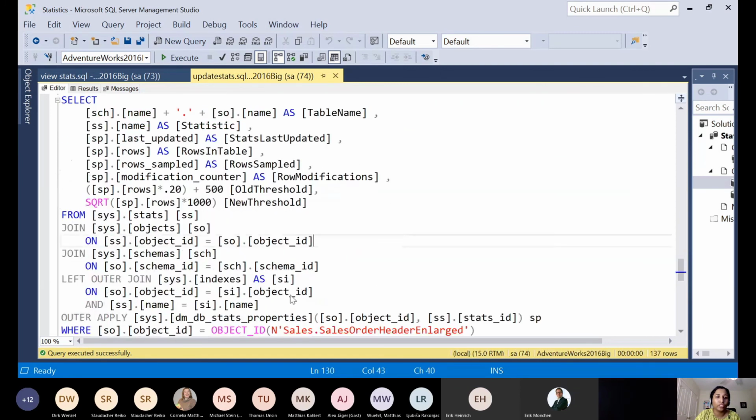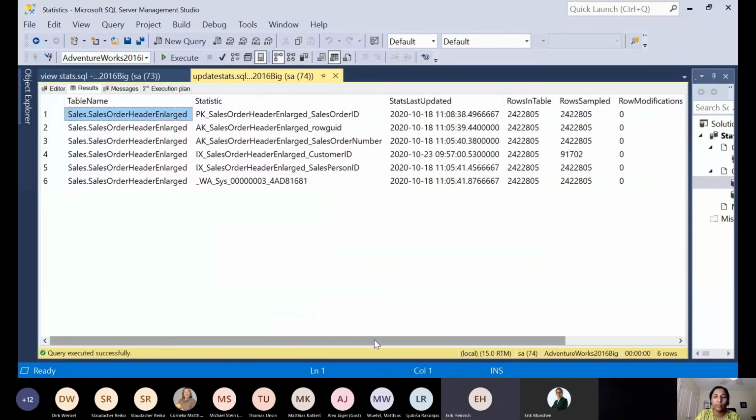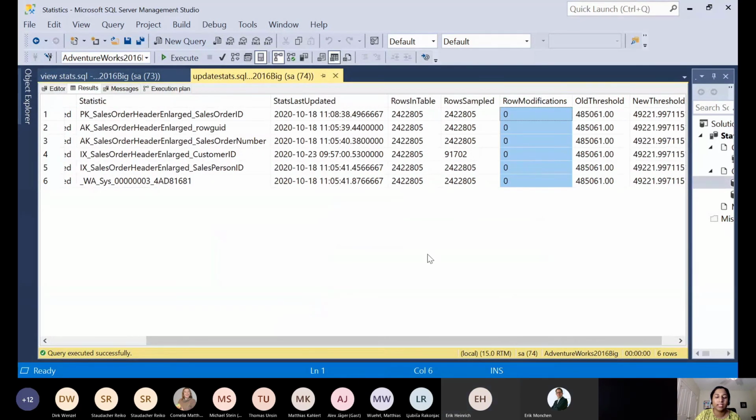Now, if you go ahead and check our row modification counter, it should now be changed back to 0 because we updated this particular stats.